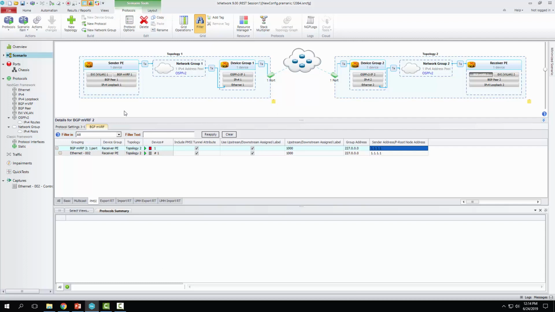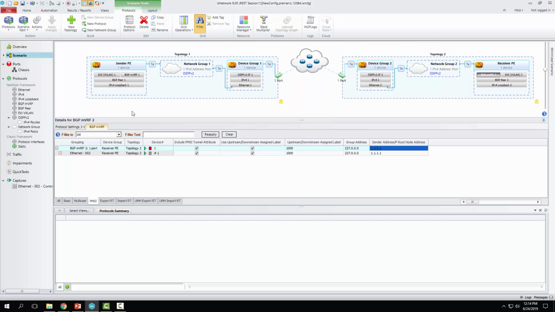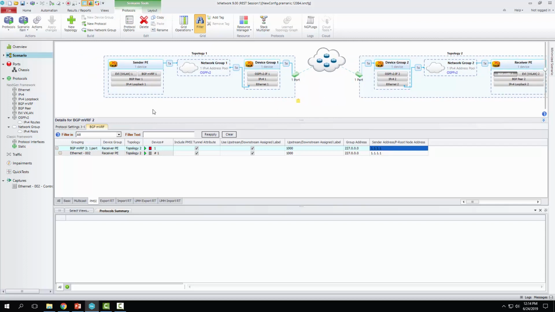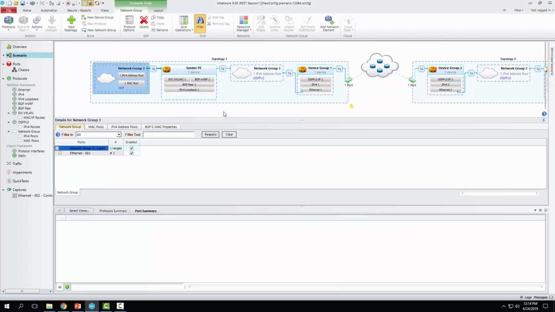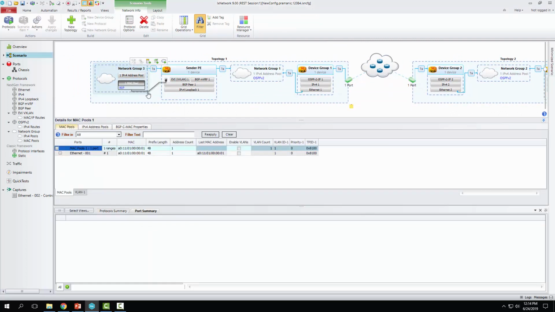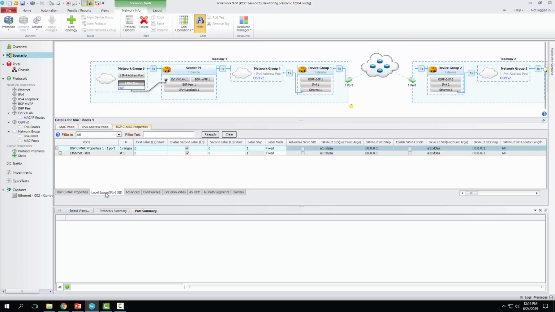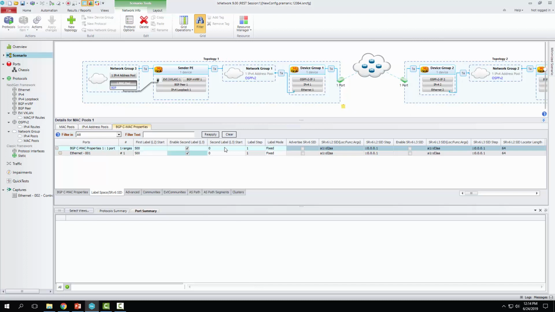Now on sender PE side, let me first add the multicast source EVPN type 2 route. So I will add MAC plus IP here. Let us make sure it is connected to EVI, and let's assume that the L2 VNI is 500 and L3 VNI is 1000,